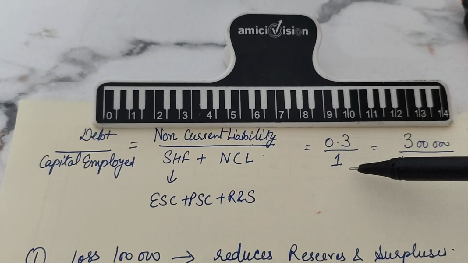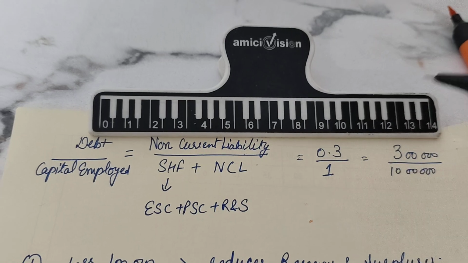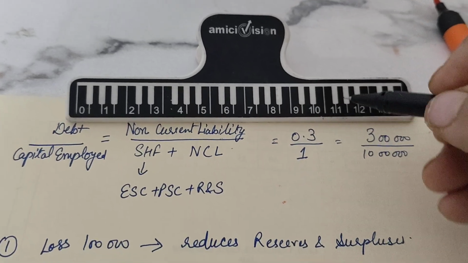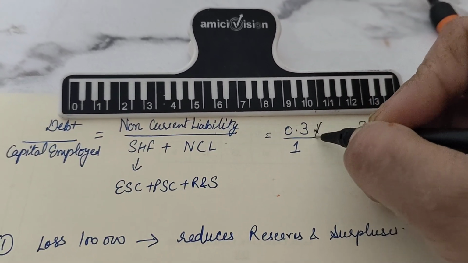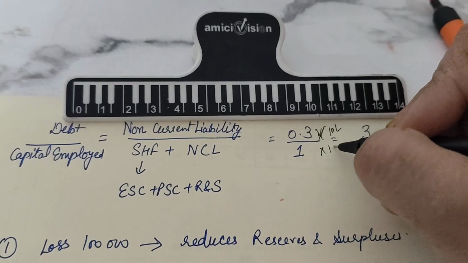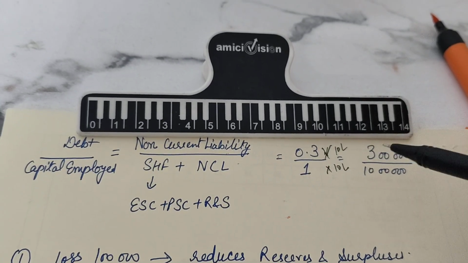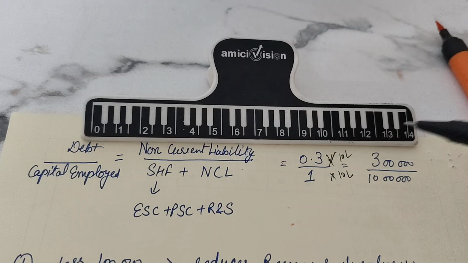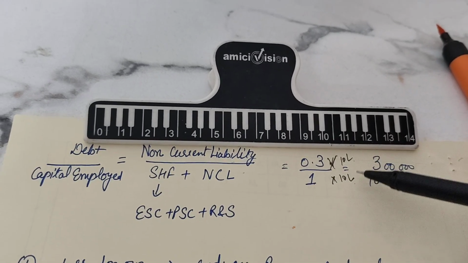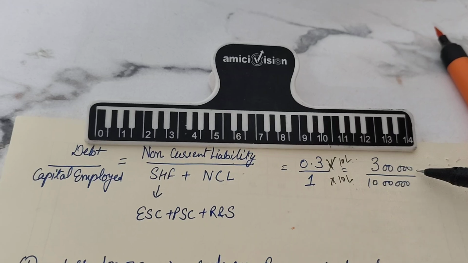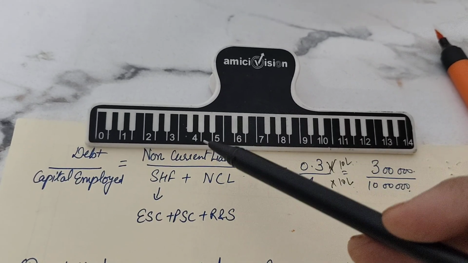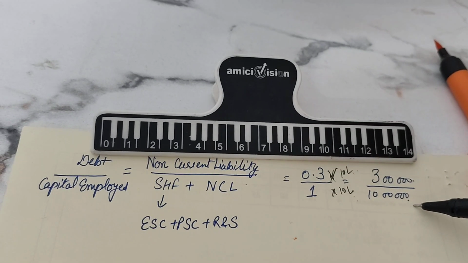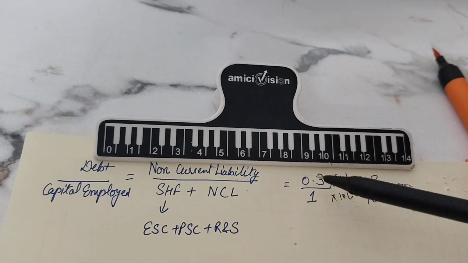If I have to solve the question with the reasons, I assume it by multiplying this with 1 lakh on each side, or we can say with 10 lakh on each side. Let's say I am multiplying with 10 lakh for my convenience to understand things. You can also take this case for your solution in your working notes to prove whether you are right or wrong. So we got a value of 3 lakh and 10 lakh. That means debt would be 3 lakh and capital employed is 10 lakh. We are supposing this for the question from the given value of the ratio.